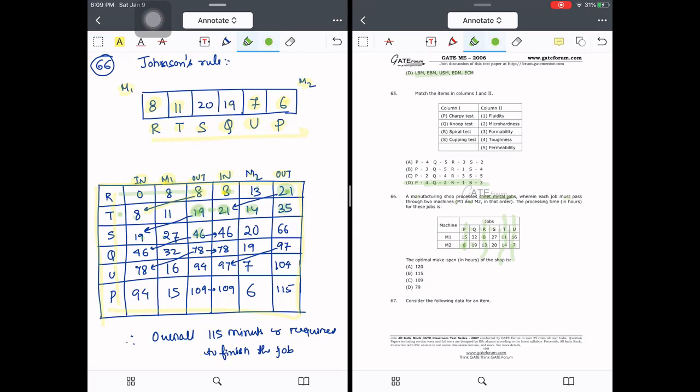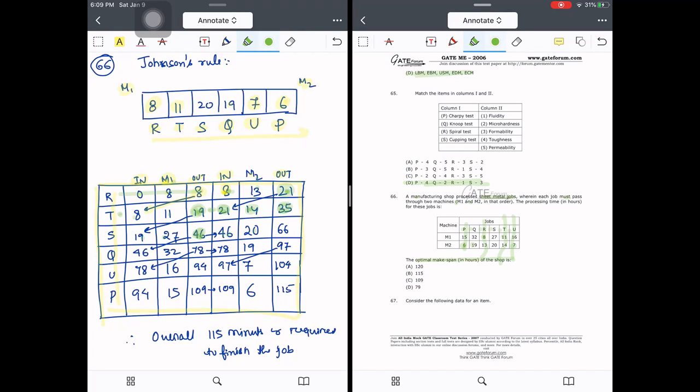In the meantime, after finishing at the 19th hour, M1 will take the S job. S job takes how much? 27 hours, and in the 46th hour it will finish. Now you see machine 2 has already finished in the 35th hour. Now it has to wait for S to complete. In the 46th hour, when the S job is completed on M1, machine 2 will start working on it. So in this way you will find